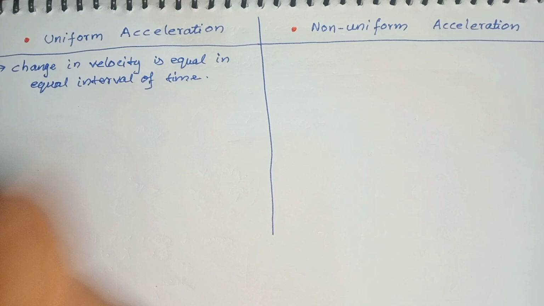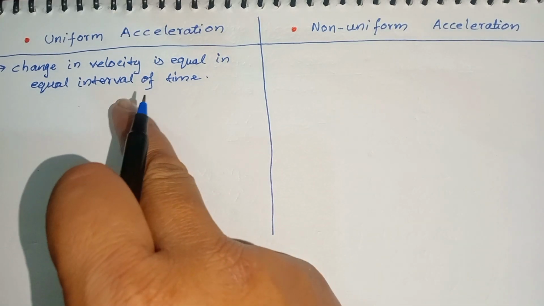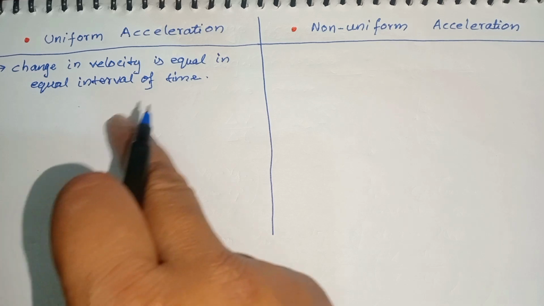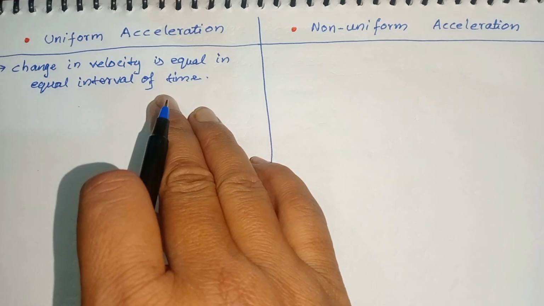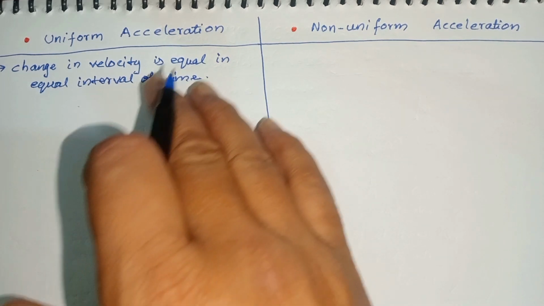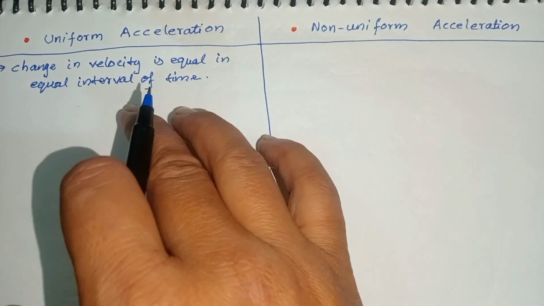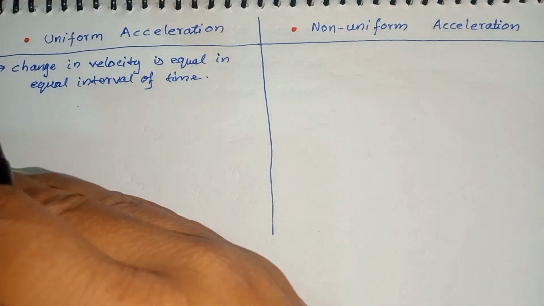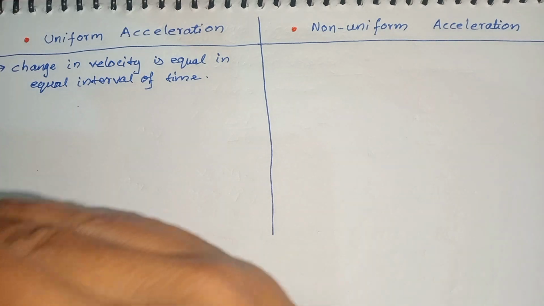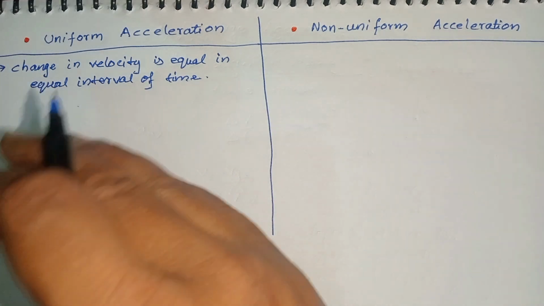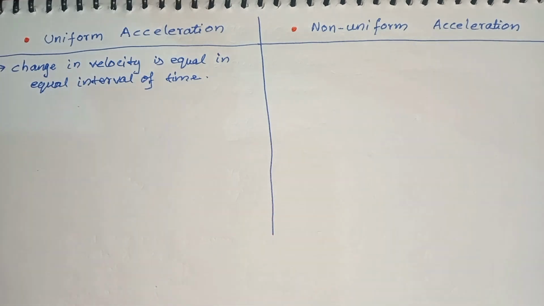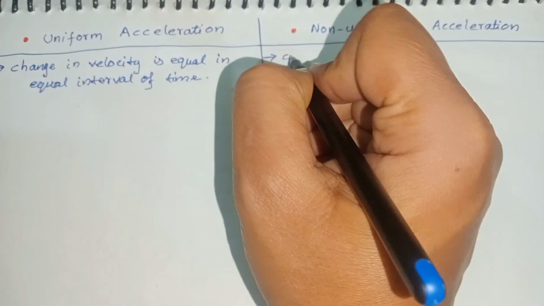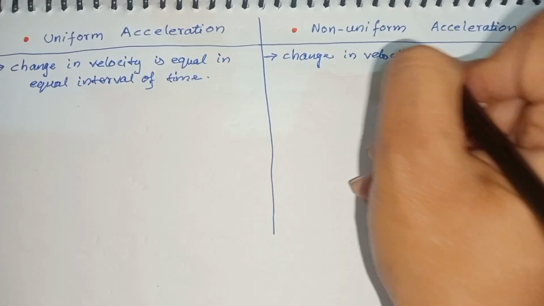For example, if the acceleration is 5 meter per second square, it means the velocity is changing by 5 meters per second every second. If it is positive, then the velocity is increasing by 5 meters per second every second. And for non-uniform, just reverse it: change in velocity is not equal